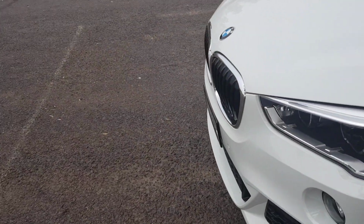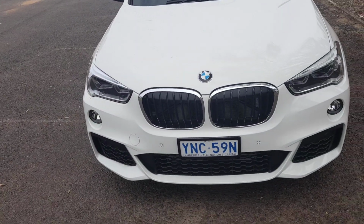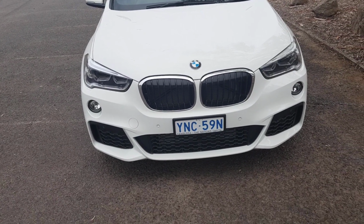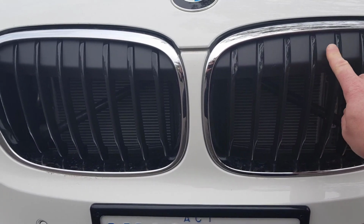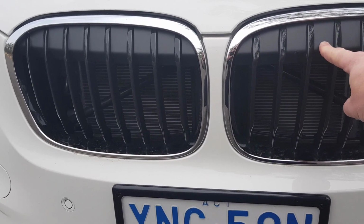I do like the front of the car. Let's talk about the grille. We know with the 7 it was crazy, with the 3 it was getting less crazy, but with the 1 I think it's the perfect size. But what I don't like about the grille, I don't know why they did this. Actually I do know why they did it. It helps deflect air over the top here and stops catching it, but it just looks, I don't know, cheap